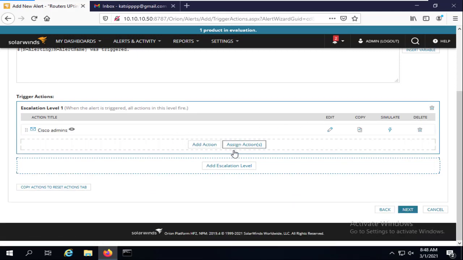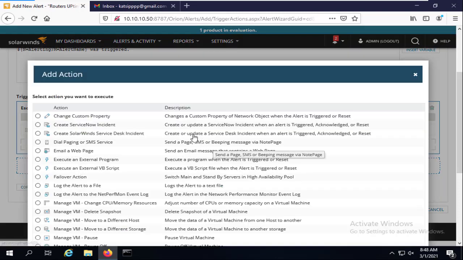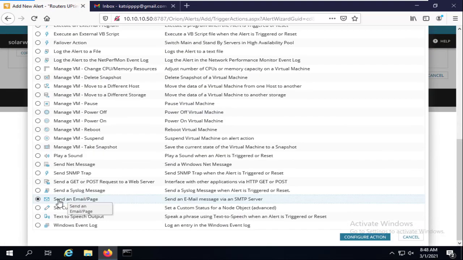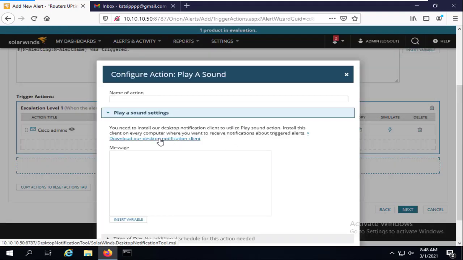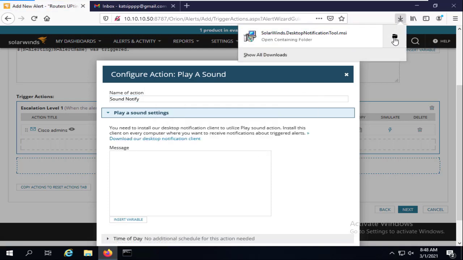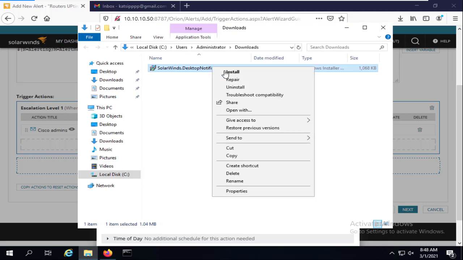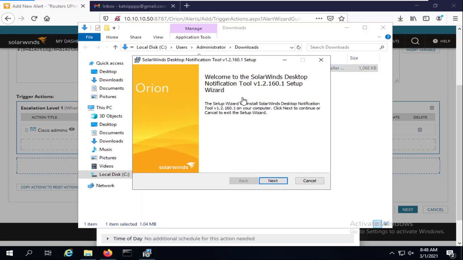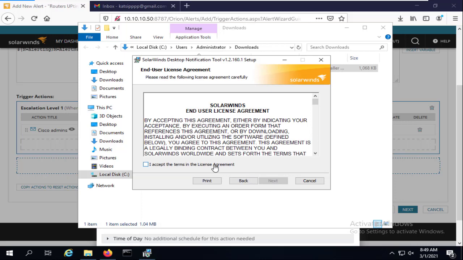So this is the first one, and the second one we're gonna use play a sound notification. So obviously we should download our desktop notification client. Let's say sound notify or whatever you like, and here we're gonna click on this, and we should install this desktop notification. And simply,